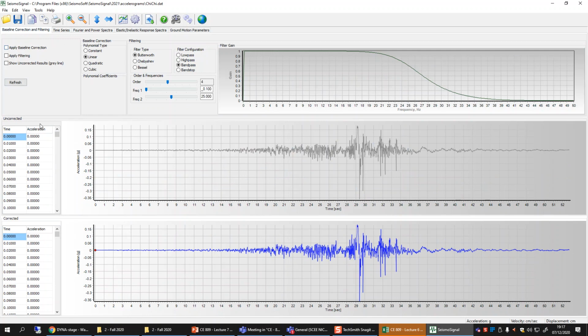Currently I am using a trial version, so I will not be allowed to actually perform that analysis, but I can quickly tell you that there are three things which you can do here. One is the baseline correction, basically two things. Baseline correction is that if, for some reason, your whole acceleration time history is displaced